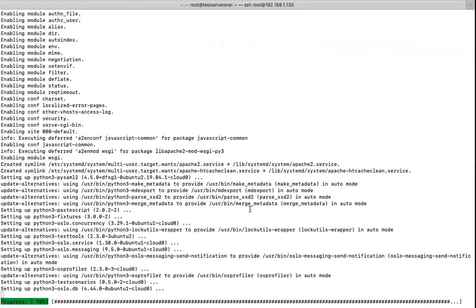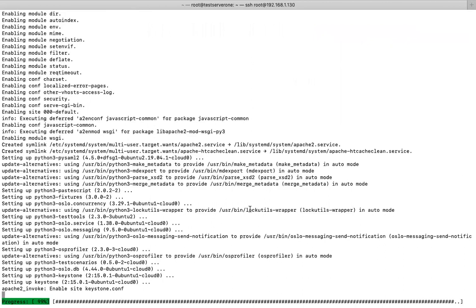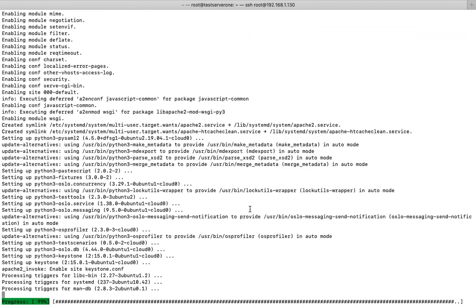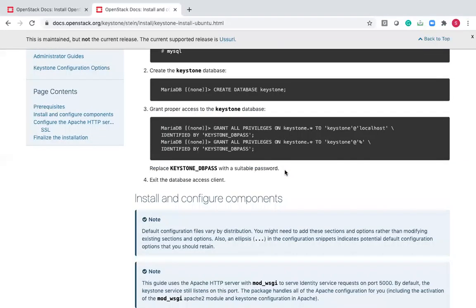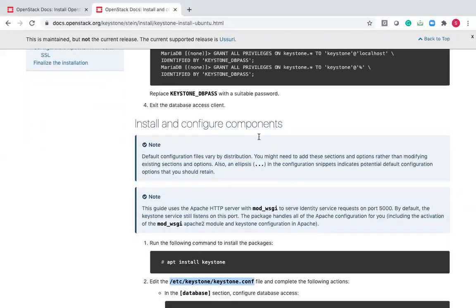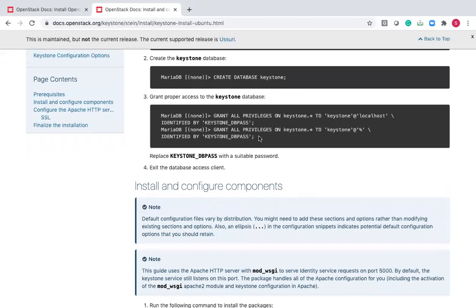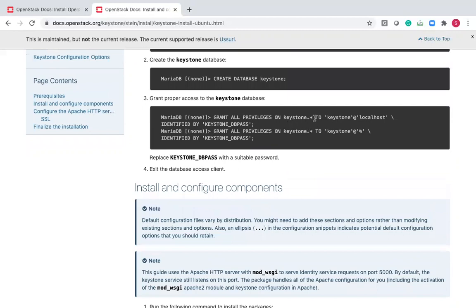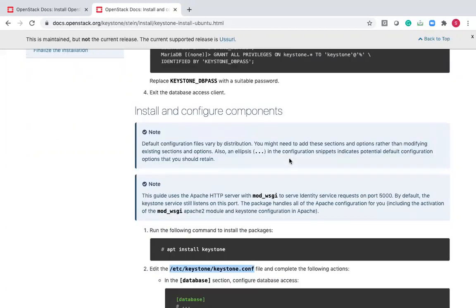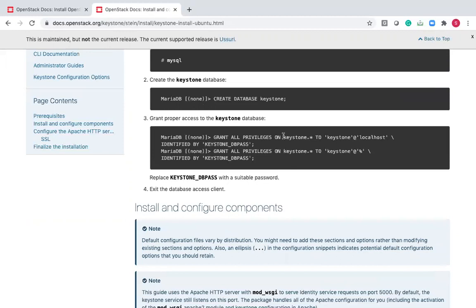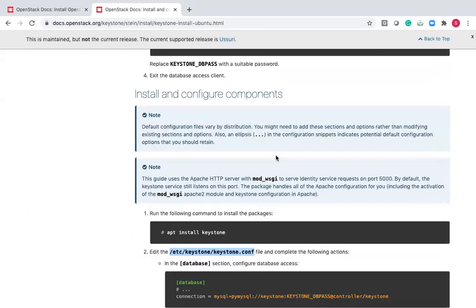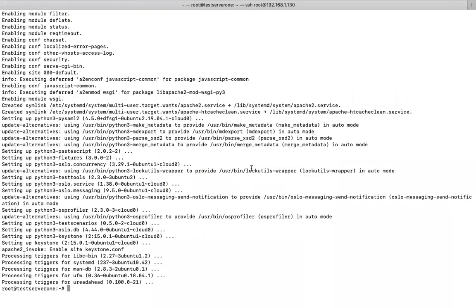Hi Sudhir, I have a question. Where have you created the Keystone user? Is it created by default? It is created in the database, and this user is stored in the Keystone database. That command is used to create a user in the database and give access to the Keystone database. Now, in this Keystone installation, this is different and this is different. This is for database access. Let me open the configuration file.